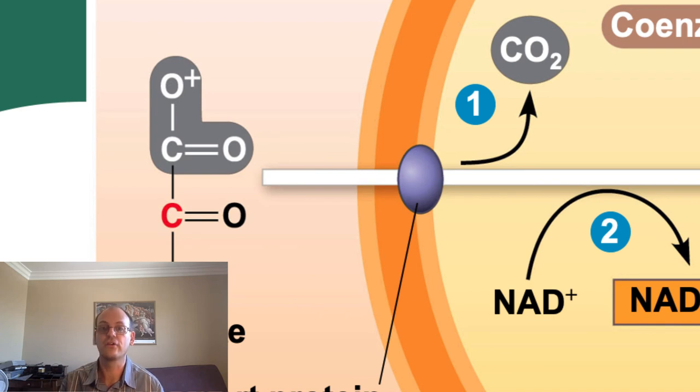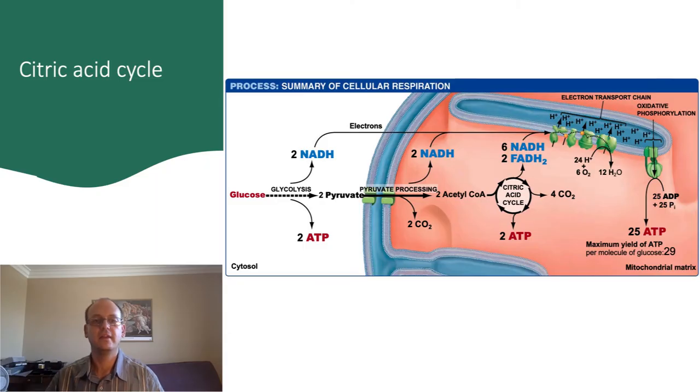If you're counting molecules, remember that for each molecule of glucose, 2 pyruvate molecules are produced. Therefore, oxidation of pyruvate produces 2 carbon dioxides, 2 molecules of NADH, and 2 molecules of acetyl-CoA. The carbon dioxide that's produced will eventually be breathed out. The acetyl-CoA molecules then enter the citric acid cycle, where they're broken down progressively into smaller and smaller molecules. As you can see here again, the citric acid cycle takes place in the matrix of the mitochondria and produces ATP and electron carriers into the matrix.